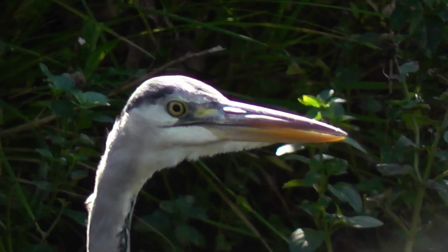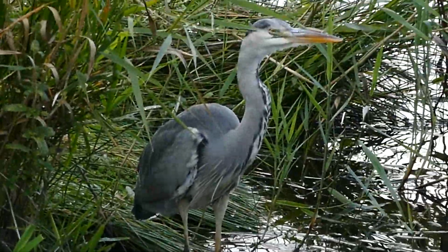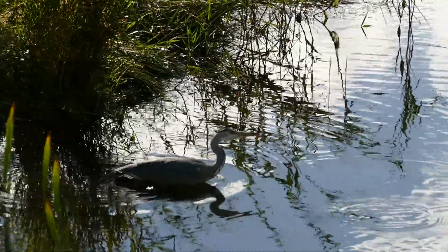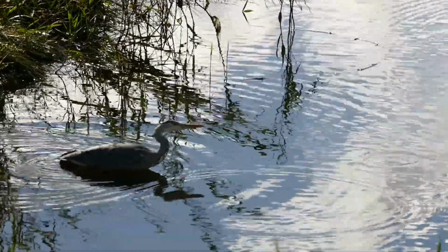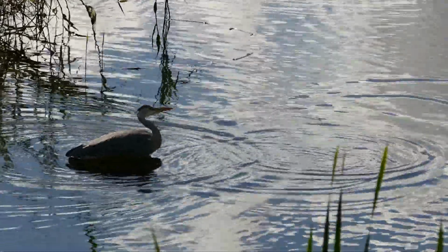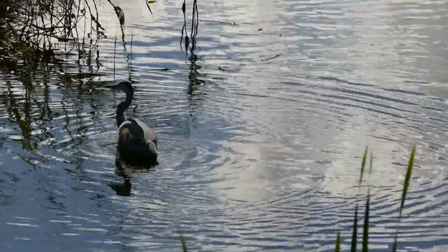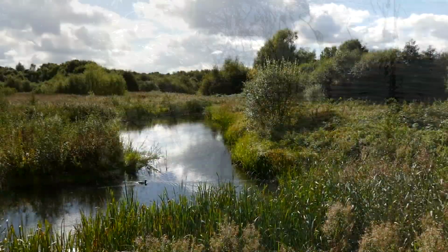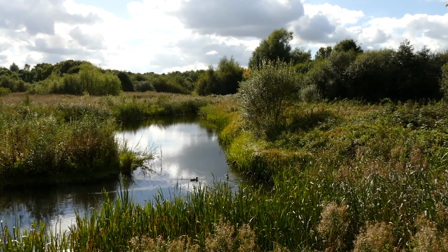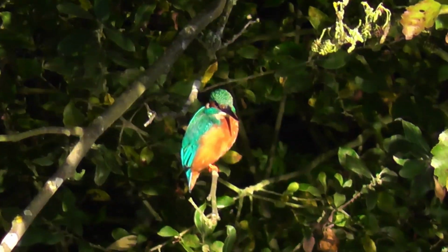That eye has a special coating which allows it to see into the water past the reflections, a bit like a polarizing filter. And we watched it for about an hour as it went after this large fish. You just saw it come to the surface there, but it was unlucky and made its way back to the shore. Well, unfortunately the kingfisher didn't return while we were there, but at least we got some footage, and I'll leave you with another look at that